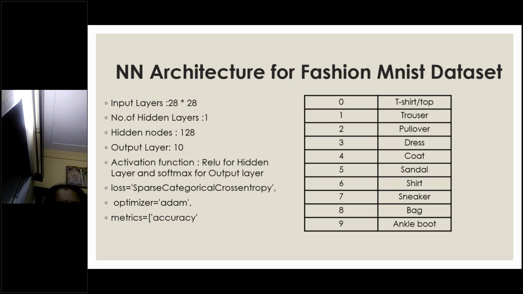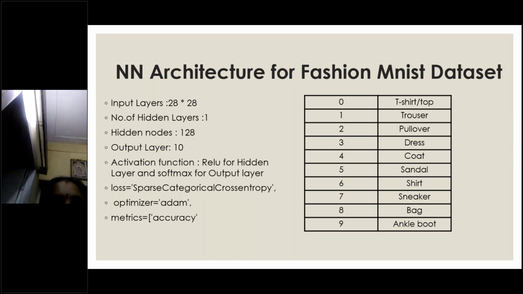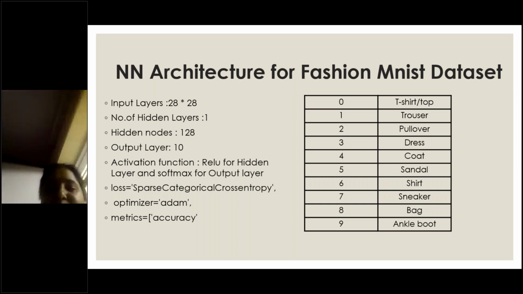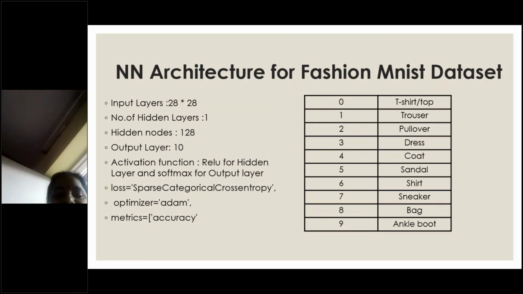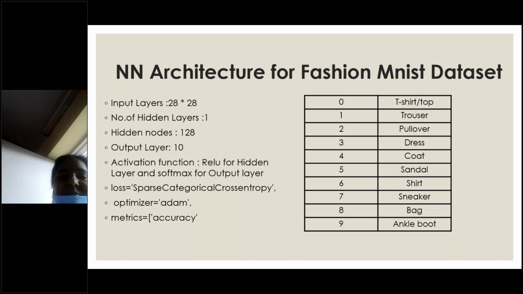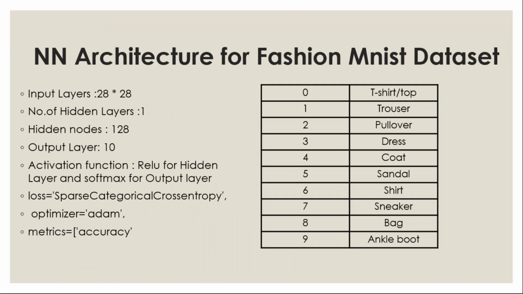So softmax is nothing but a kind of one-hot encoding. For each class you have certain bits. Suppose you have 4 classes. 4 classes means 0001 for the first class, 0010 for the second class, 0100 for the third class. So you are going to assign each class a certain bit pattern. So that is the thing. So softmax is one of the activation functions you're going to apply for the output layer. Okay.